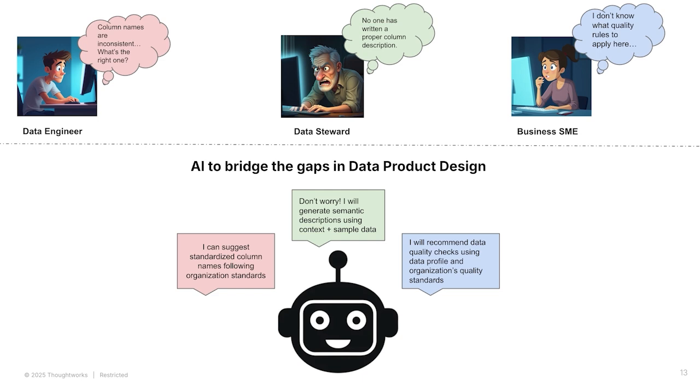Once you have the column name, is that enough to describe it? You might need a description. For the description, you can still leverage AI by telling it, see, this is the context that I want to solve with this. So can you give me a description which will help anyone in the organization better understand it? And finally, trust is very crucial for a data product. And trust is only achieved by adhering to the data quality rules.